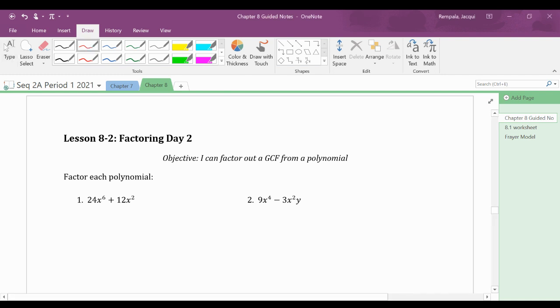So the only thing that's different between the last lesson and this lesson is now that there are addition and subtraction signs, we are not only finding the GCF, but then we need to put whatever is left over into our final answer. So let's look at this first example. We have 24x to the 6th plus 12x squared. So we're going to start it off by finding the GCF, which means I'm going to break down each number and look to see what do they have in common, and I'm also going to look to see what variables